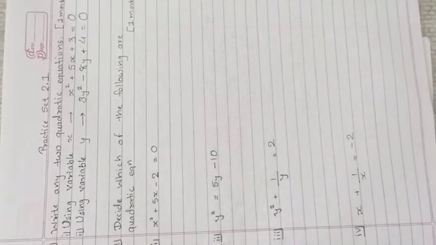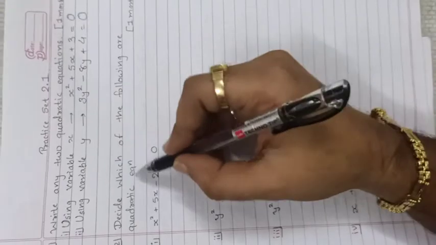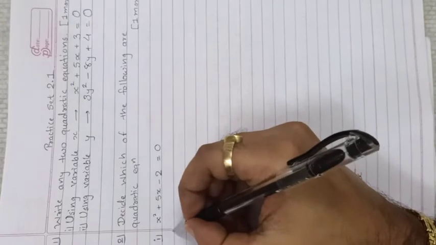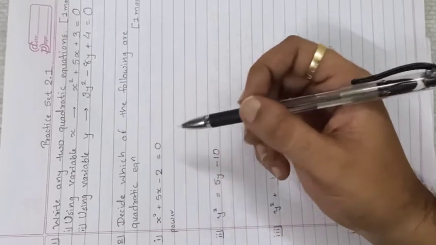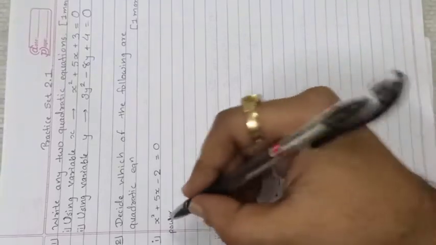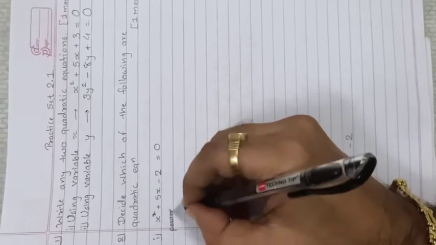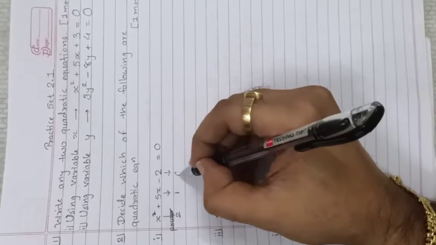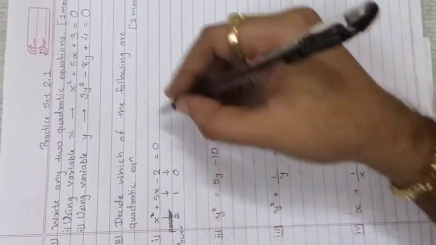Next, decide whether the following are quadratic equations or not. We have already done that an equation is said to be a quadratic equation when the highest power of the variable is 2. First we have to convert the equation in index form, that is, decreasing order of the variable. So here the power of this variable is 2, power is 1, and power of the variable is 0. What is the highest power? 2. So I'll write